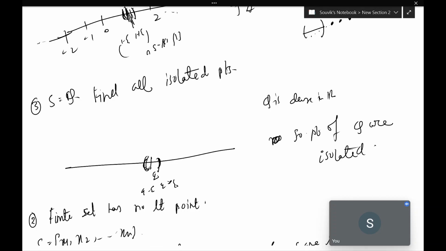So now consider S equal to Q. Here we need to find all the isolated points. So how to do that? If a point is isolated, we can choose a small epsilon neighborhood such that (Q minus epsilon, Q plus epsilon) minus {Q} intersection Q has